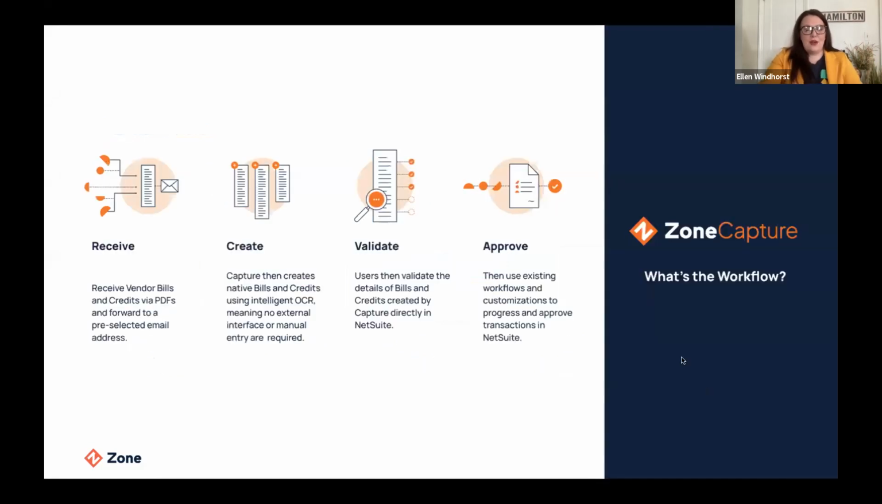Let's get into the workflow. Once we're finished with the workflow, we're going to go over a couple of enhancements, and then we'll go right into the demonstration. You would receive an email address for each subsidiary that you currently have in place. That email address will be considered your OCR email. Any PDF that is sent to that OCR email will be brought into NetSuite with minimal to no manual entry